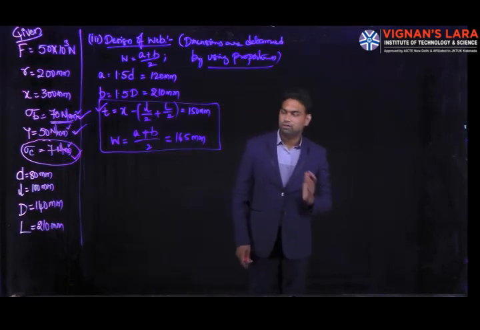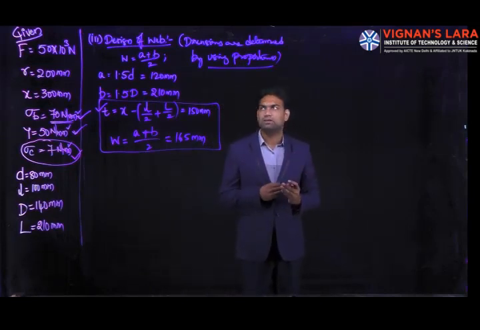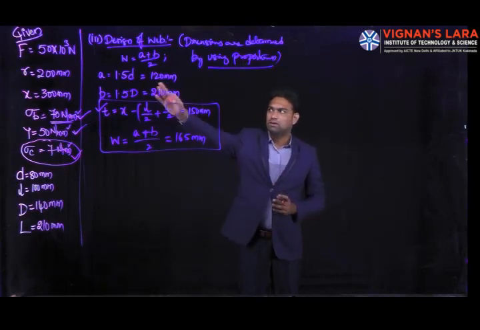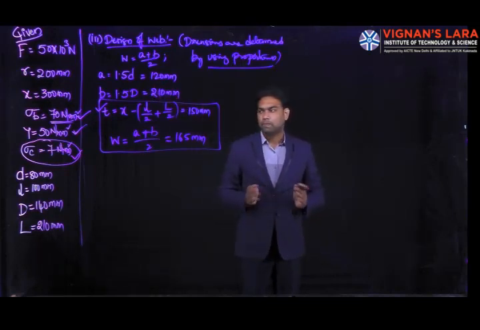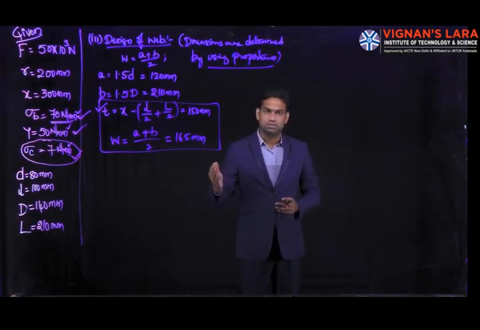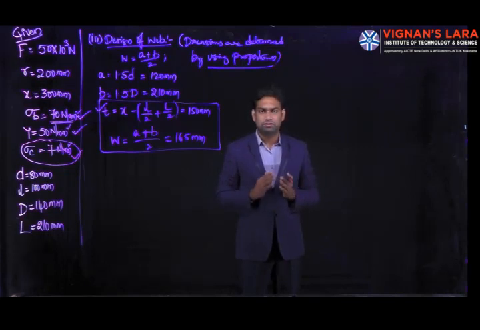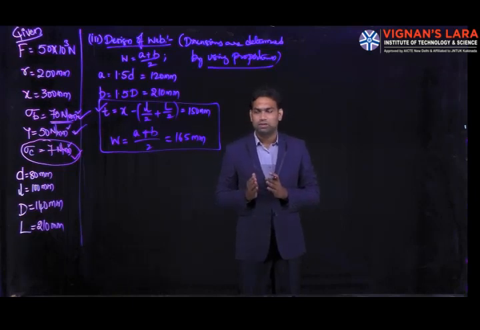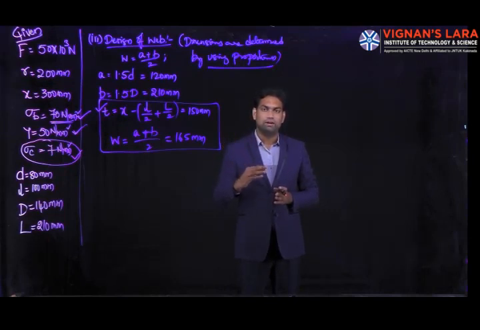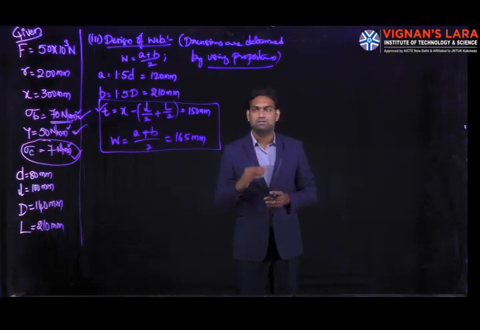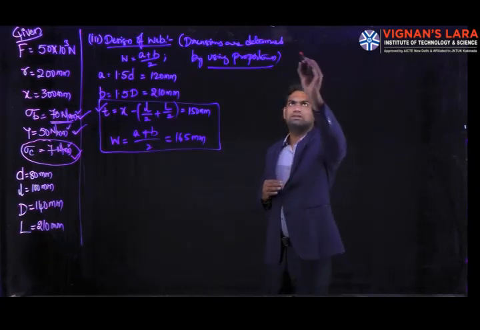Clear? So after finding the dimensions of the web, again we need to check whether these dimensions will withstand the maximum load acting on the crank web or not. Here is a brief review of the stresses induced on the web. Due to the radial component, the web is going to bend, up to the middle of the web, which induces bending of the web. Initially it is due to the radial component, and the web is subjected to normal stress.